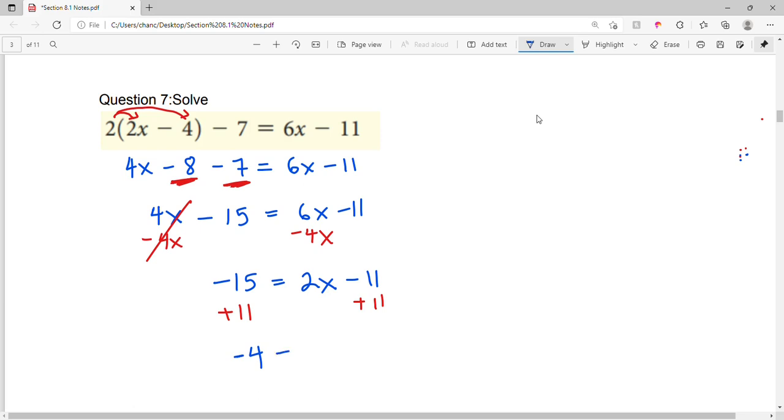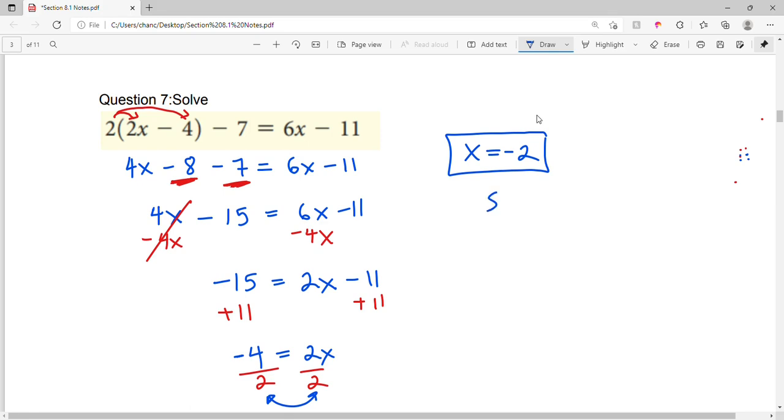Negative 4 equals 2x. We can finally divide both sides by 2. Dividing both sides by 2, x is equal to negative 2. At the end there, I swapped the x and the negative 2, and this gives me a solution x equals negative 2